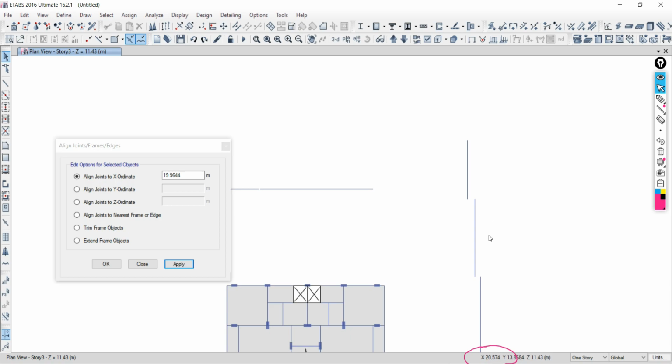And one more thing, sir. If there is a distance not in x and y, in both directions, how can we join? Sorry, sir, in x there is also, and in y there is also a slight difference, like the second beam is a little far from the first beam in terms of y, so how will we join?